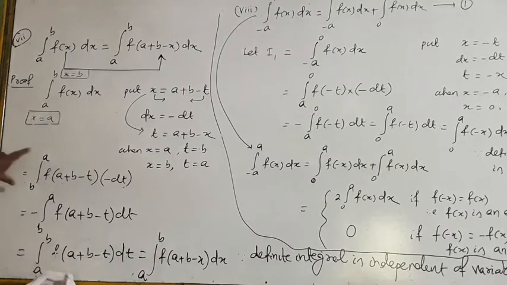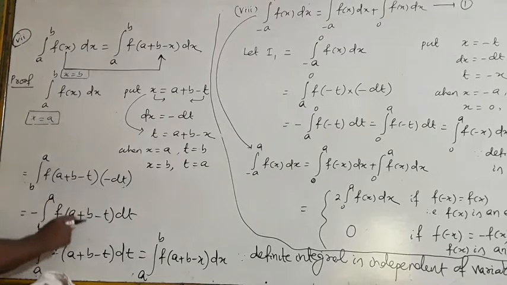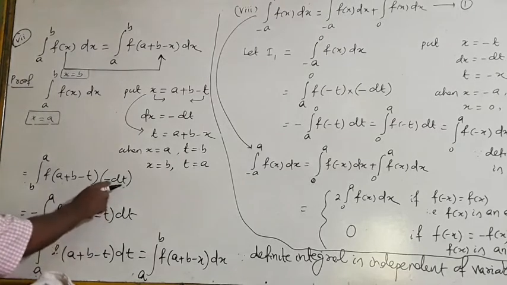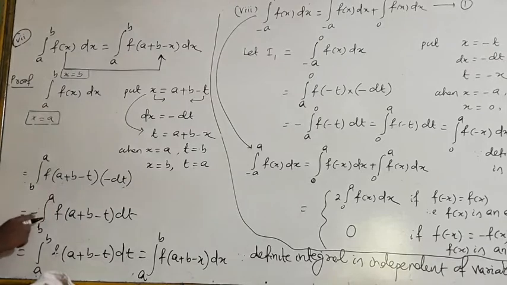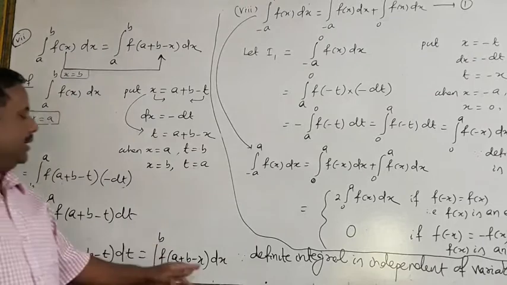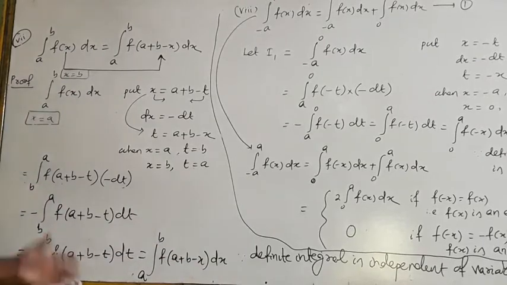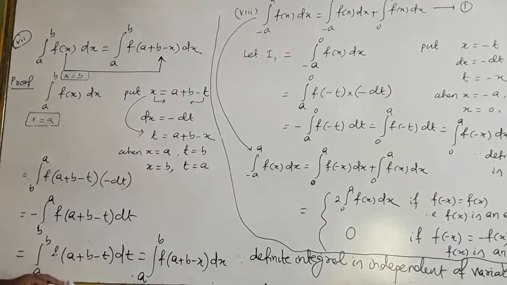Now, this part is very important. These two lines of conversion, you should learn it repeatedly, listen to it. Okay. Now a plus b minus t, minus is coming outside, it is b to a. Minus is adjusted here because if minus adjusts, the limits will change. Upper limit goes to lower, lower goes to upper. Minus adjusted. Then in place of t, put x. You can put y, you can put z. Now I am putting x here because definite integral is independent of variables.